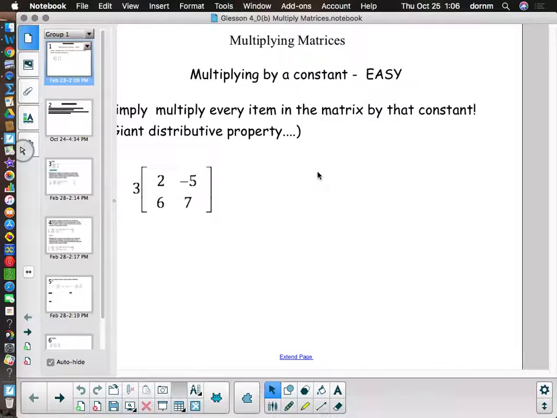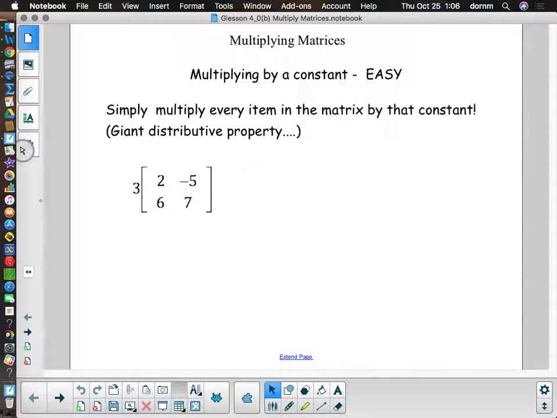Today we're going to look at multiplying matrices. Now this is a little bit different from adding. Some of it's going to be super easy, some of it's going to be a little bit more complicated. But let's take a look. First off,